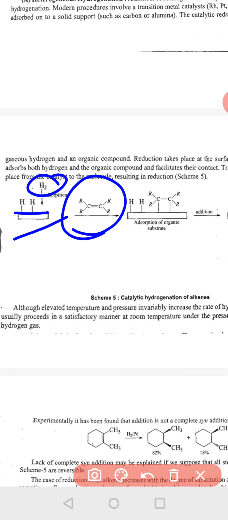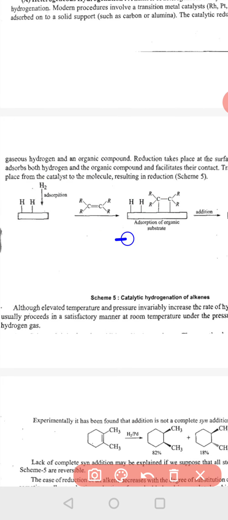Here again the organic substrate also gets attached to the catalyst. This is the catalyst surface. Hydrogen is already attached here, and here the organic substrate also gets attached. So this catalyst surface provides a place where this organic substrate and hydrogen can come in contact. So reduction takes place at the surface of the catalyst, which adsorbs both hydrogen and the organic compound, and this